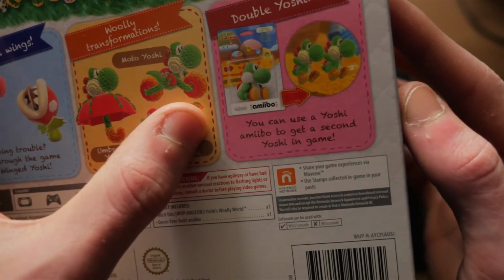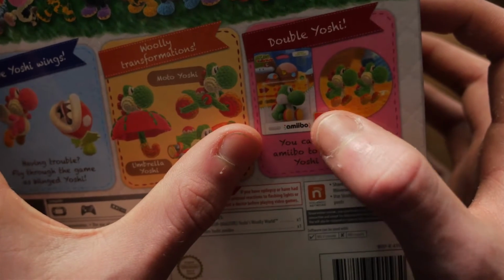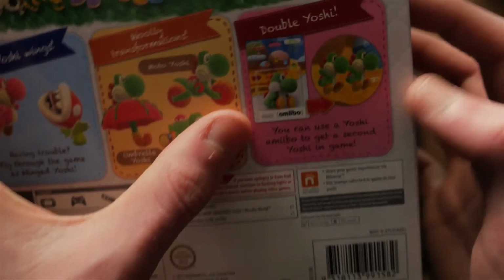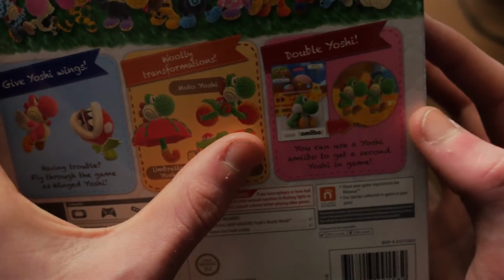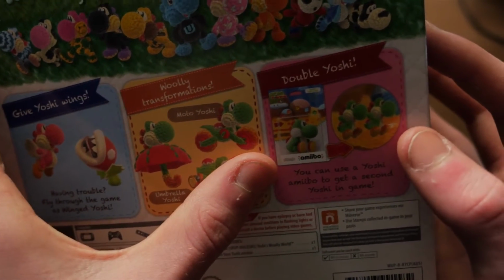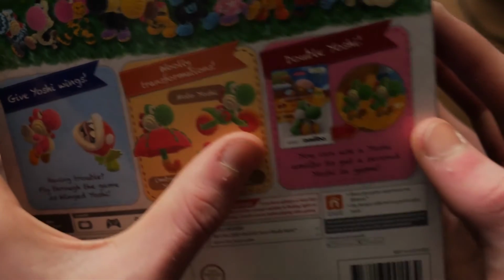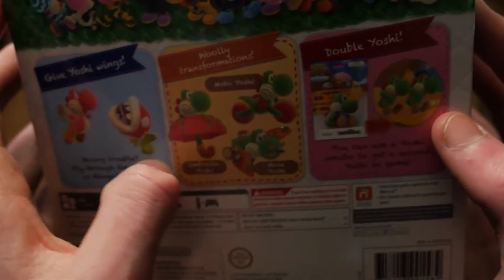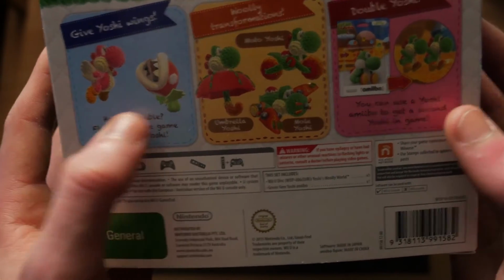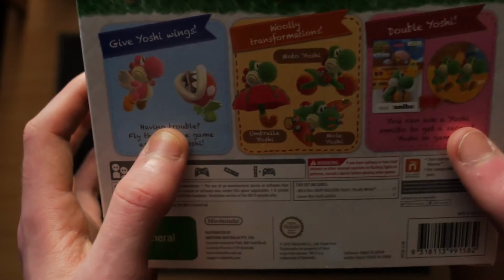You can use a Yoshi Amiibo to get a second Yoshi in-game. So there's the green yarn Yoshi Amiibo, and he gets an AI controlled Yoshi player. So basically what that means is if you run out of yarn balls, you can actually turn the second Yoshi, which could be a second player, or the yarn Amiibo, into a yarn ball and fling that around instead for basically unlimited yarn balls. But it is quite dangerous for the other player, because if they go off screen or